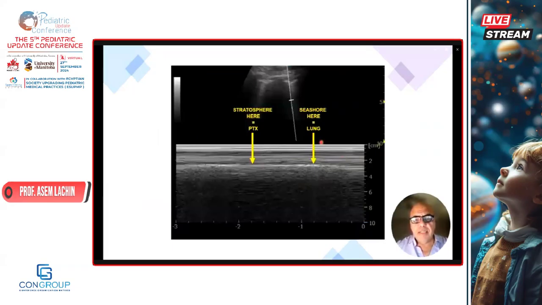This is the exact difference between the normal lung, which has the seashore sign, where, if you look deeply, you can see the sand picture and the different dots. While in this area where we have the barcode sign, there are horizontal lines parallel to the pleural line. That means this tissue is not moving sufficiently because of the pneumothorax, giving us the picture of the barcode, while this is normal lung tissue, and both of them are present in the same frame, so it's called the double lung point of pneumothorax.